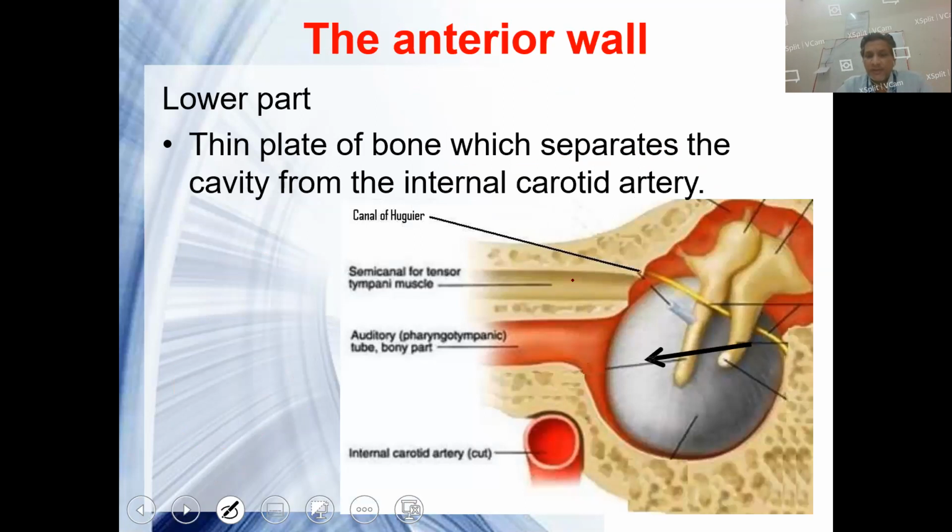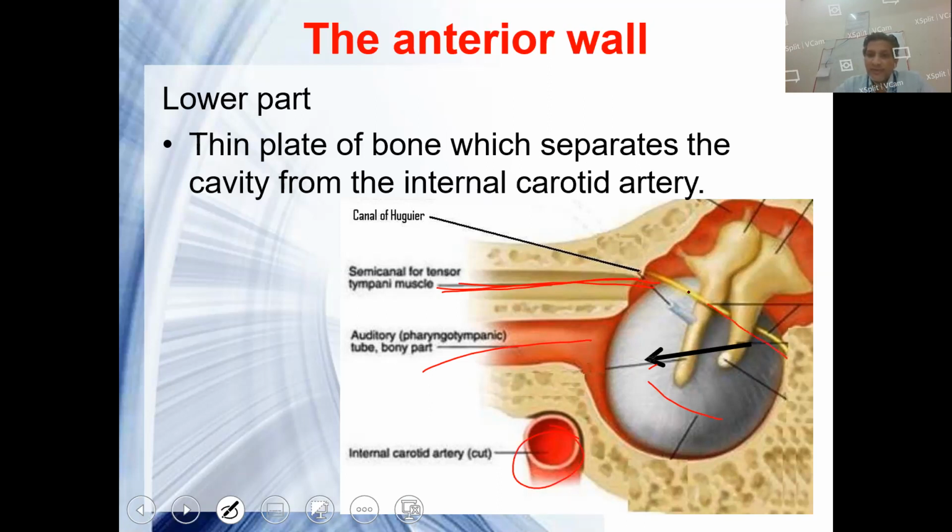So this is obviously the anterior wall. The upper anterior perforation in the wall is for the canal of the tensor tympani, and this is the eustachian tube. This white is the tympanic membrane, and you are watching it from the medial side. So you are not looking through the canal or through the lateral side. You are watching through the medial side, as if observing from the middle ear to the lateral aspect, to the tympanic membrane side. Deep to this will be the internal carotid artery.